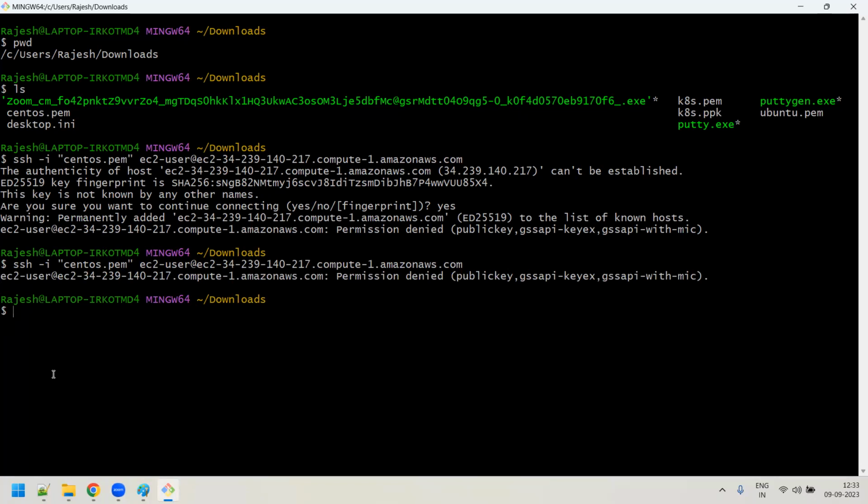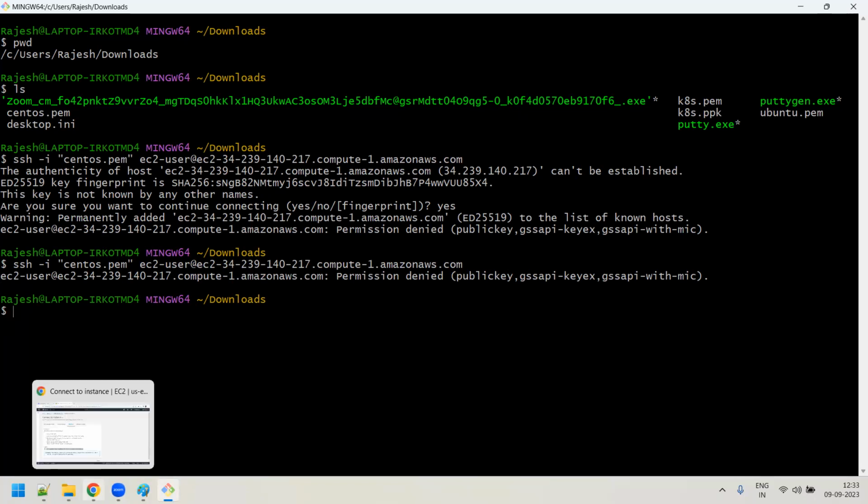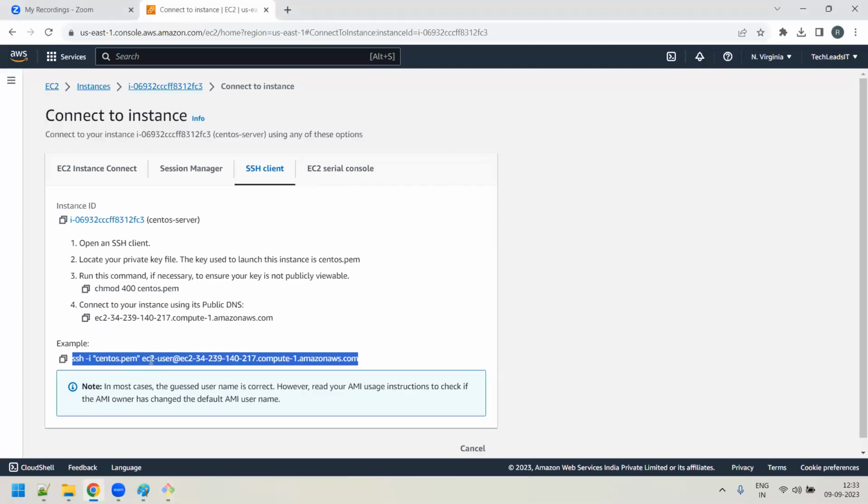Yes, sir. Remove ec2-user instead of using CentOS? You can mention CentOS? No, sir. You have to use ec2-user only. This is the username, username at the rate, and you have to give the complete host name. It will not connect. Why will it not connect? It has to connect. Sir, I think you need to give 777 permissions for that PEM key. No, that is one troubleshooting, sir. You have to always give 600. Okay, we will see that actually. Don't worry now. So this is one way.